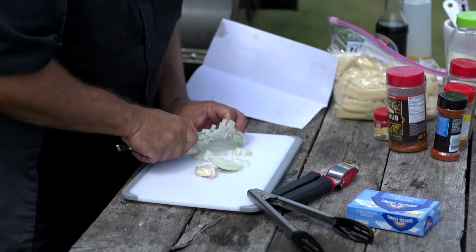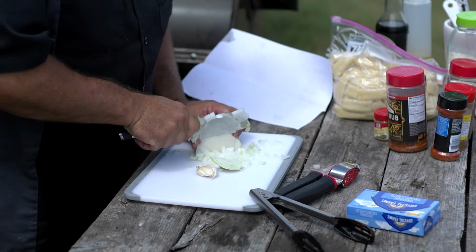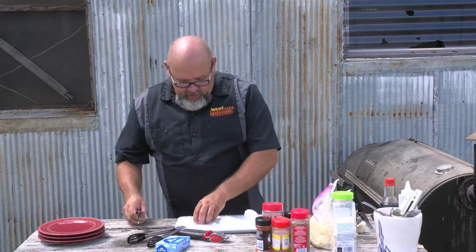I'm gonna cut them pretty thin still. I like to cook with onions and I like onions, but I don't like onions. Does that make sense? Sure. Okay, so